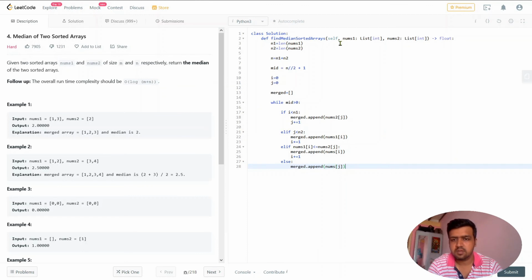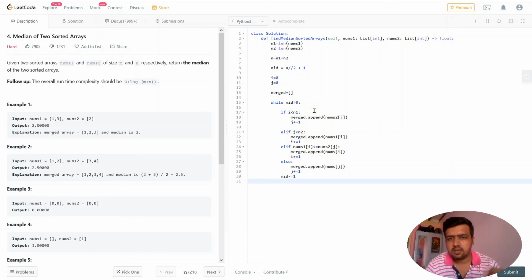So that's pretty much it. What ideally this loop does is, it will iteratively append the elements till we get to the middle element and middle plus one element, and I have to reduce the mid pointer. So I think this is the most important point.